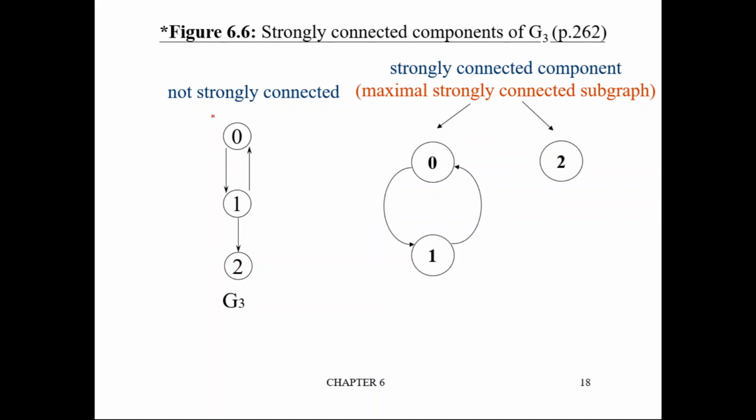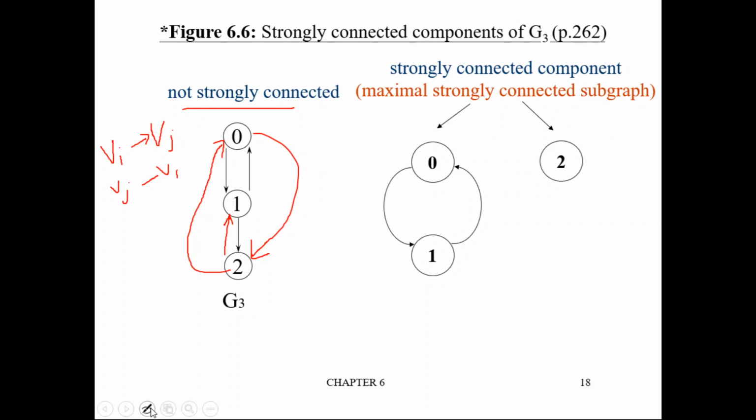If you take this directed graph, this is not strongly connected. Why is it not strongly connected? Because the definition of strongly connected says that every vertex Vi should be connected to Vj and Vj also should be connected to Vi. Then only we can call it strongly connected. Here, 1 is connected to 2 but 2 is not connected to 1. 0 is connected to 1 and also 1 is connected to 0. This is both ways. But here this connection is missing. Similarly, there is no direct connection from 0 to 2. This is also missing. If all these were there, it would be called a strongly connected graph. But this is not strongly connected.